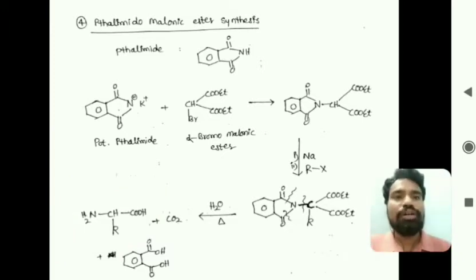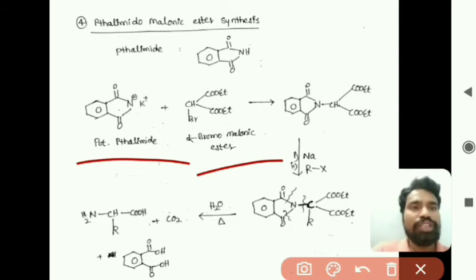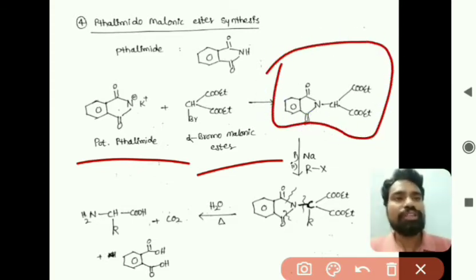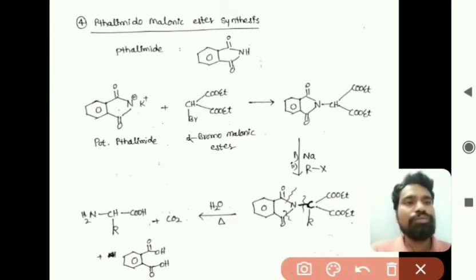So in this, the starting material is potassium phthalimide, which is reacted with alpha bromo malonic ester, and then there is a bond formation between nitrogen and malonic ester carbon by leaving KBr, and then phthalimido malonic ester is formed, right. To this we react sodium, and this forms a carbanion, and then